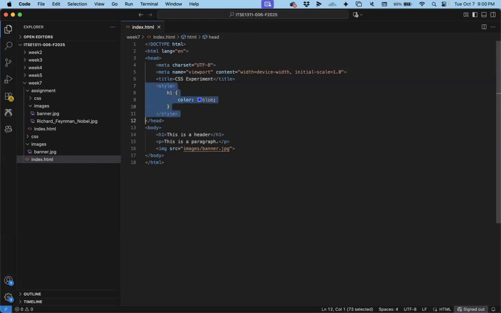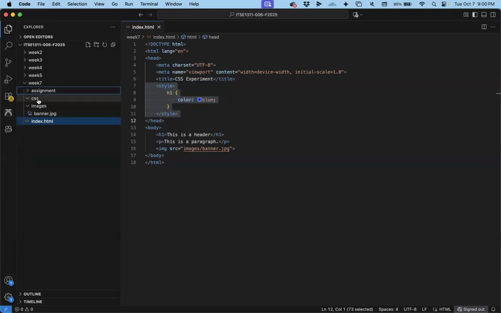If you have multiple pages, multiple HTML files in your project, and you want to use the same style, you have to duplicate this between every page, and that gets hard to change, et cetera, et cetera. So the answer is to create an external CSS file. So I'm going to come into my CSS folder here that I have. And I'm going to create a file, and we're going to call it